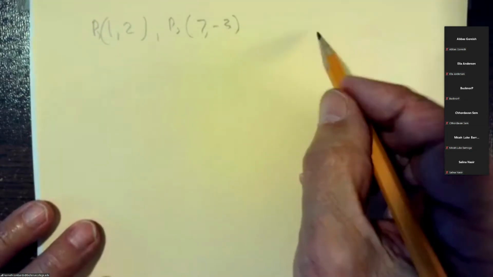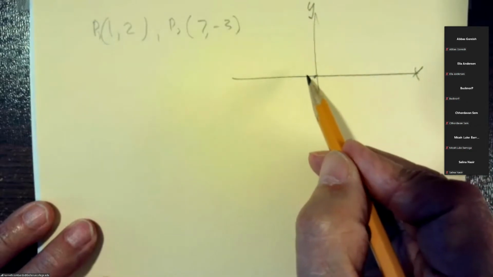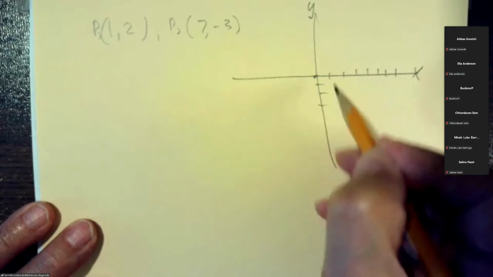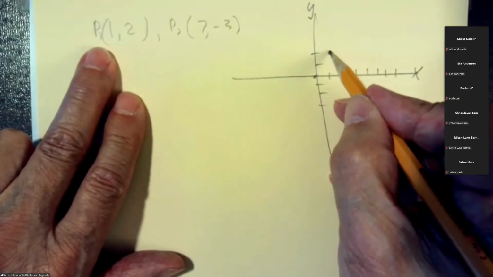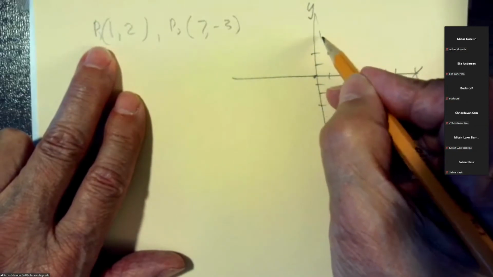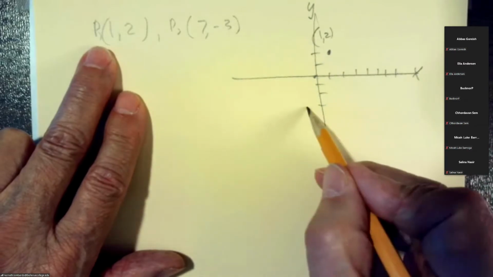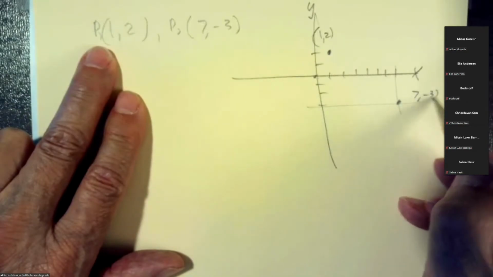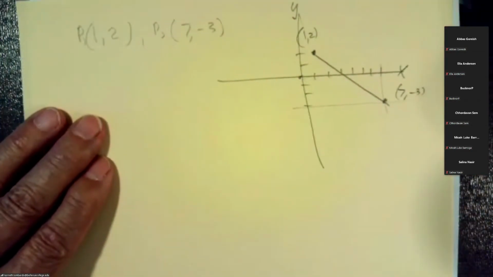And you might say, well, let's see here. If I were to graph this, x, y, 1, 2, 3, 4, 5, 6, 7, 1, 2, 3, 1, 2. So I go over 1 and up 2. So I have a point here at 1 and 2. And I have a second point at 7 and negative 3. So it's going to be roughly down in here somewhere. 7, negative 3. And here's 1 and 2. And I have a line that sort of looks like that. And I want the midpoint of that line